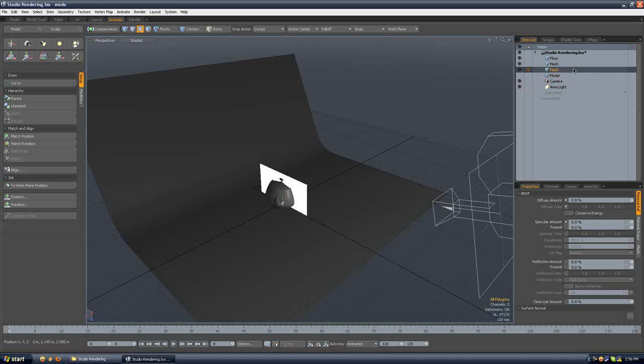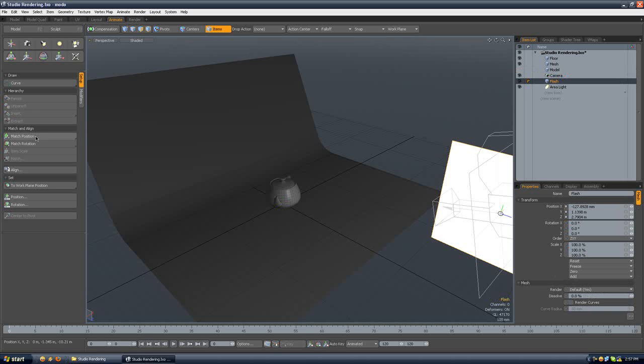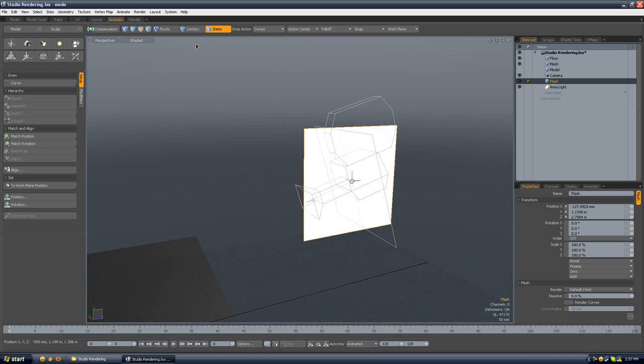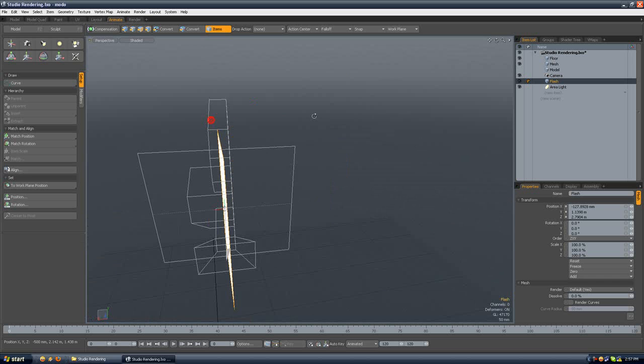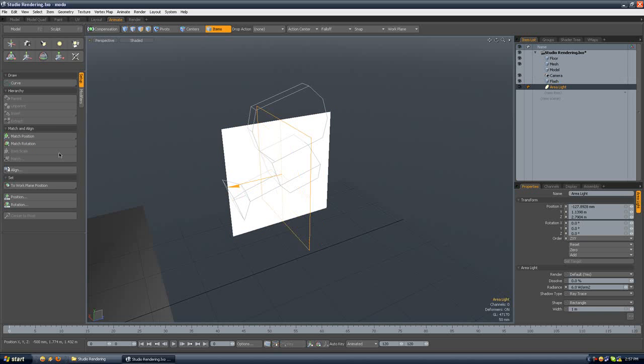Okay. Now select the flash layer, then the area light, and go match position, match rotation. But I don't know, for some reason, when I do a match, it doesn't want to do the other match. So maybe it will work this time. Oh,